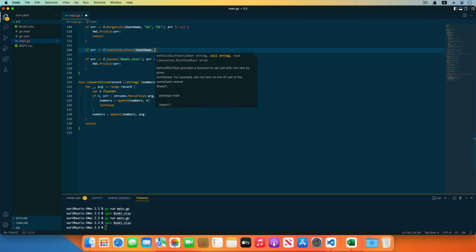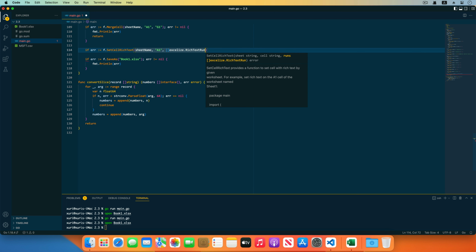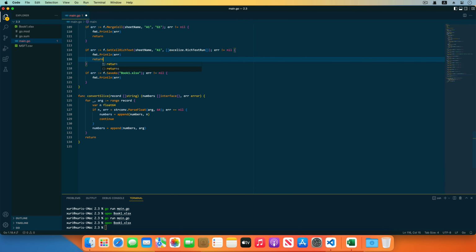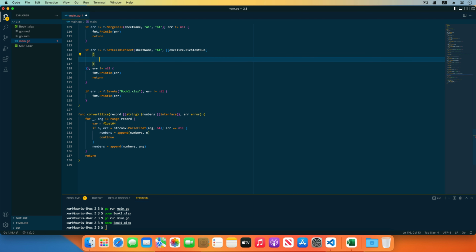The first parameter is the worksheet name. The second parameter is the cell name, and the third parameter is the rich text format properties. Create a rich text in a RichTextRun data type variable. The Text field is used to specify the literal content, using the symbol \r\n to represent a line break in the cell.